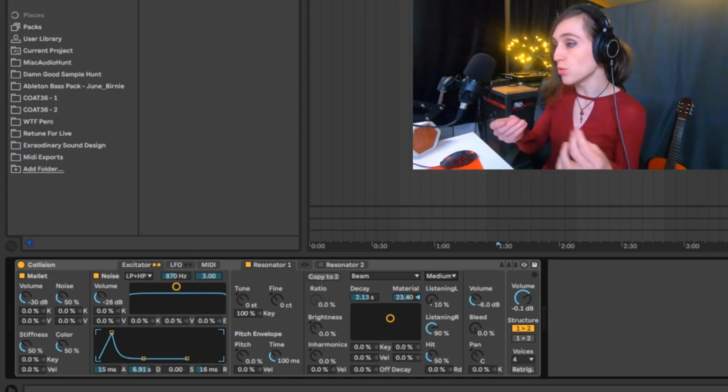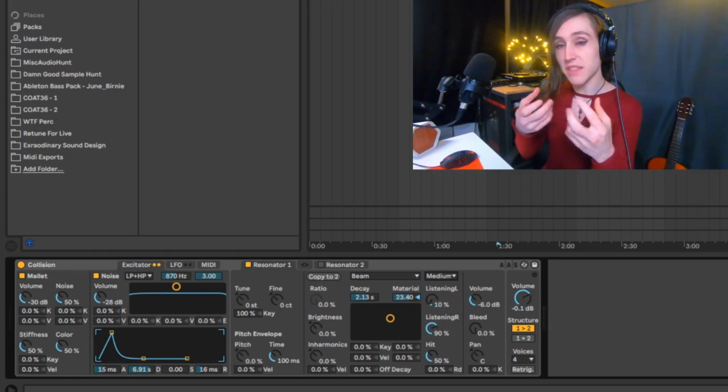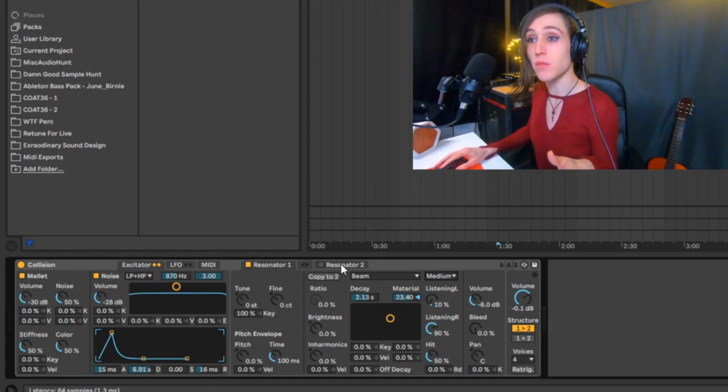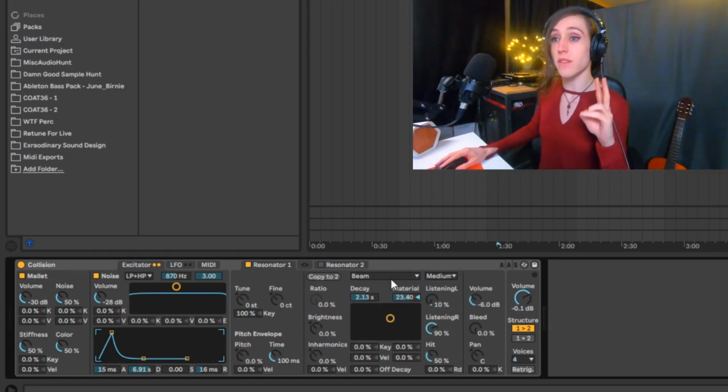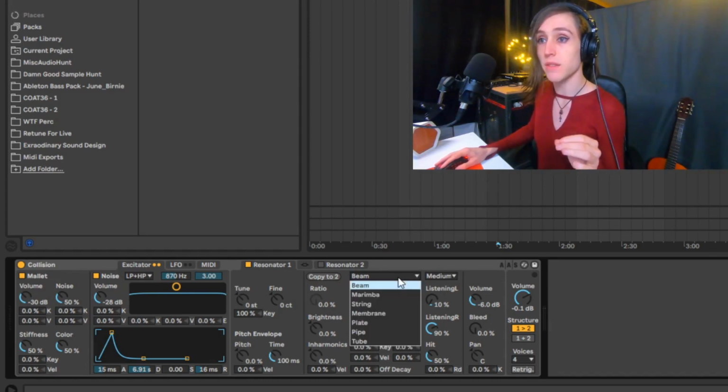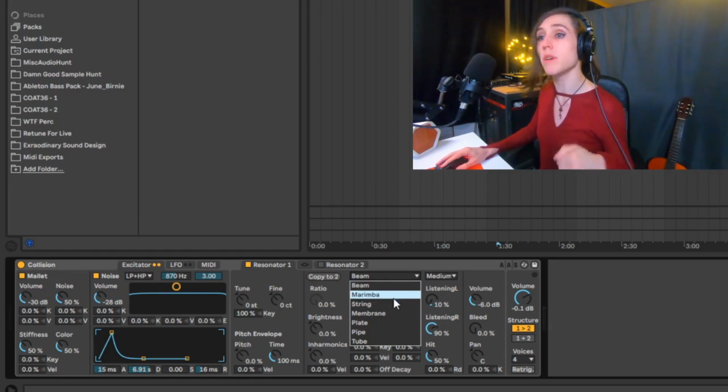It's how you get all those cool, metallic, physical, model-y kinds of sounds. We have two resonators, which gives us a lot of flexibility. And the things I want to go over first are this drop-down menu and the XY pad. So let's go over the drop-down menu. Here you have all of our different models. We have beam, marimba, string,